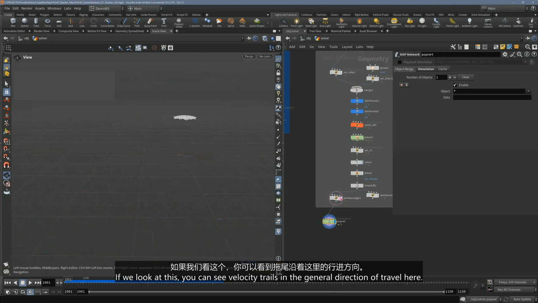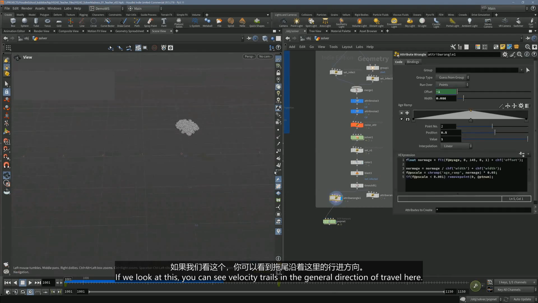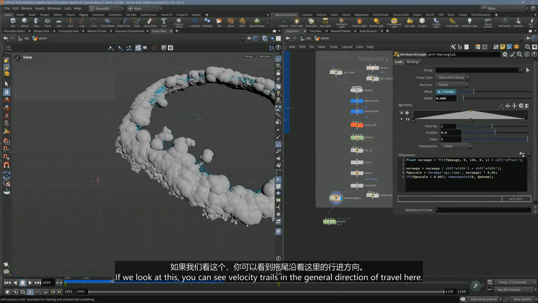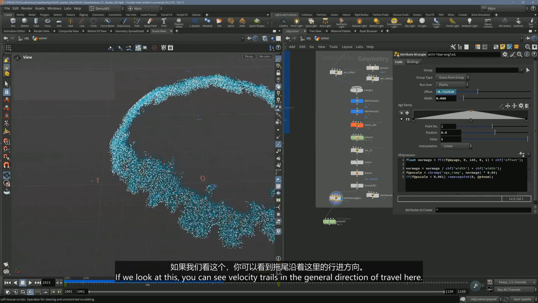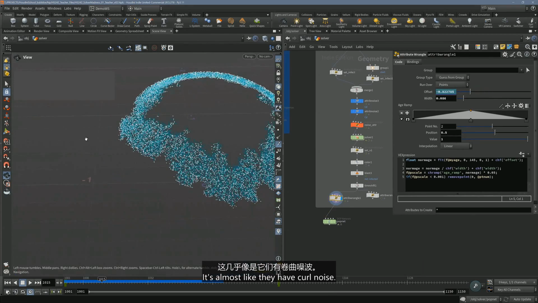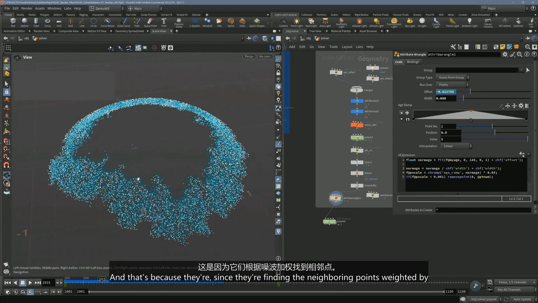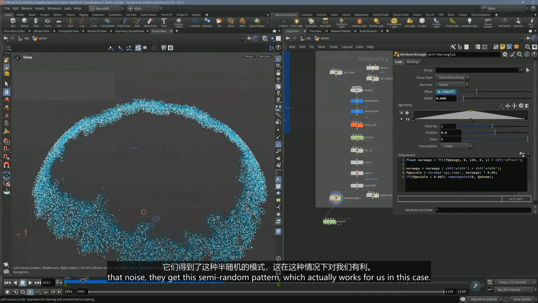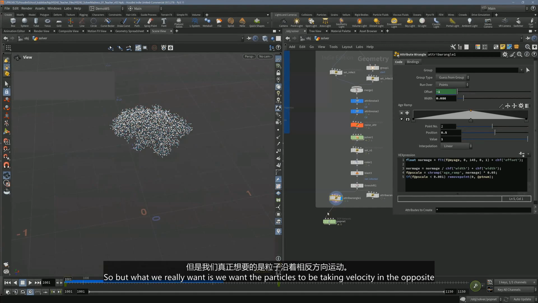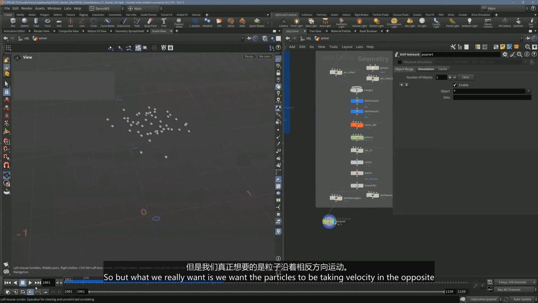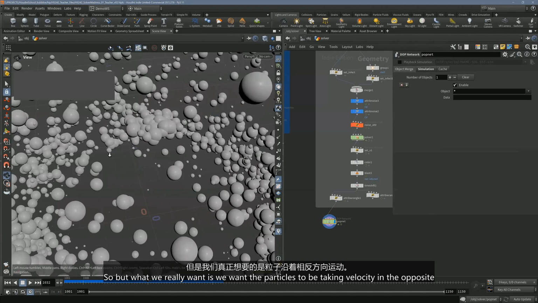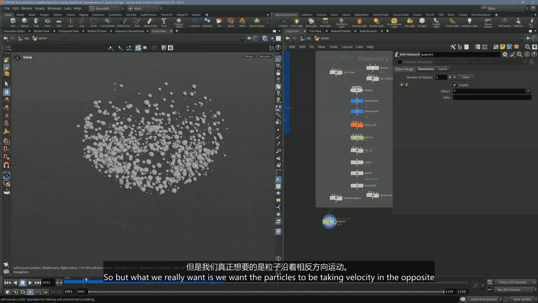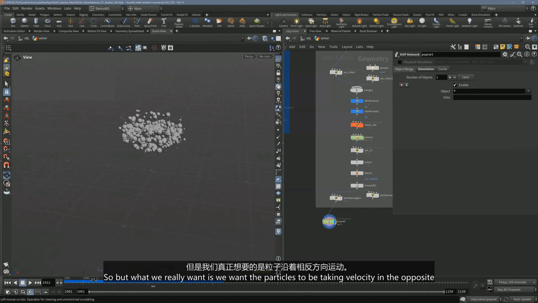If we look at this, you can see velocity trails in the general direction of travel here. It's almost like they have curl noise, and that's because since they're finding the neighboring points weighted by that noise, they get this semi-random pattern, which actually works for us in this case. But what we really want is we want the particles to be taking velocity in the opposite direction,